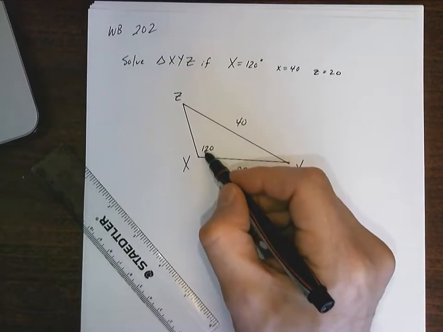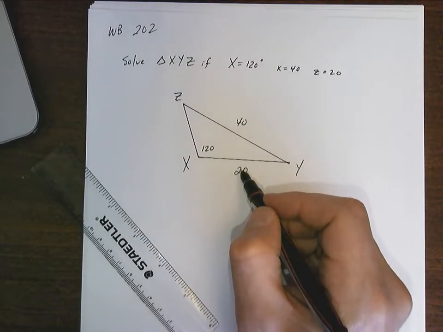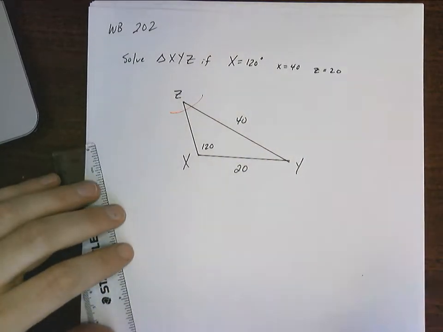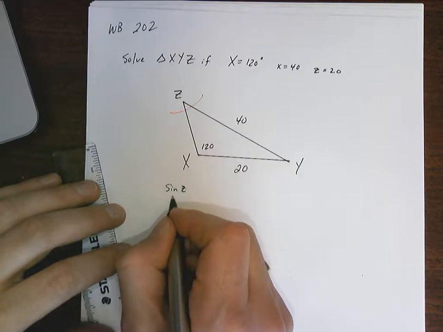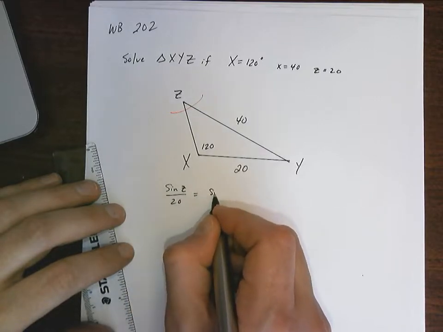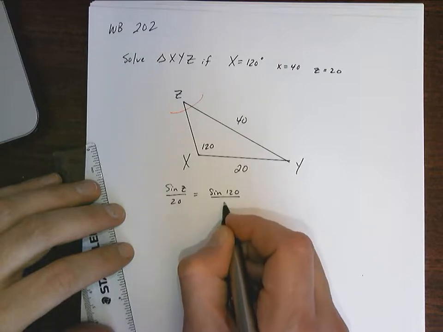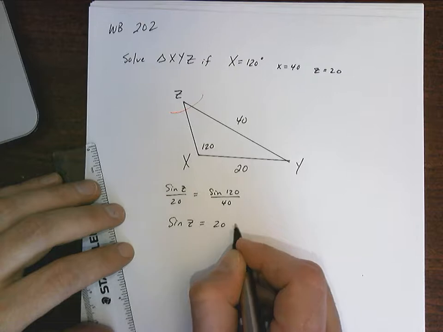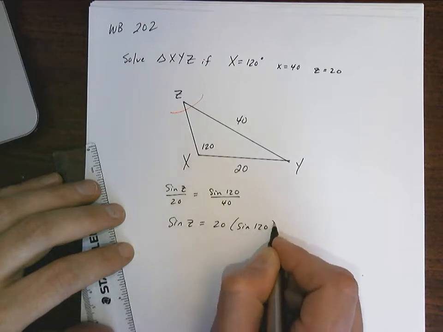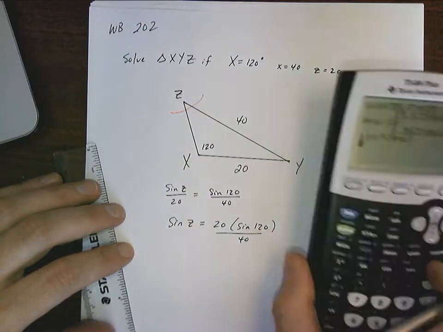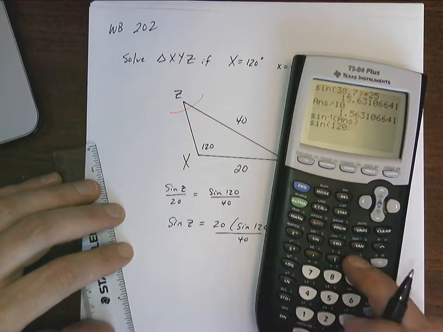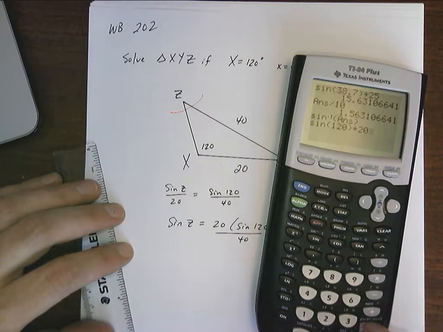So now I've got a triangle that I want to try to solve. I've got this angle, that side. I've got this side, so I'm going to try to solve that angle. So sine of Z over 20 will equal sine of 120 over 40. Sine of Z will equal 20 sine of 120 over 40. So sine 120 times 20, divided by 40 equals,